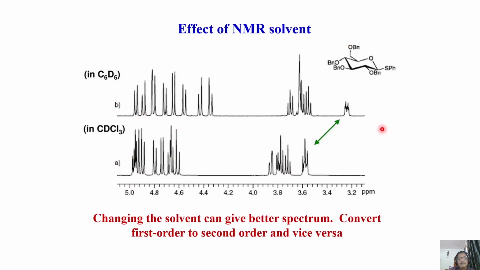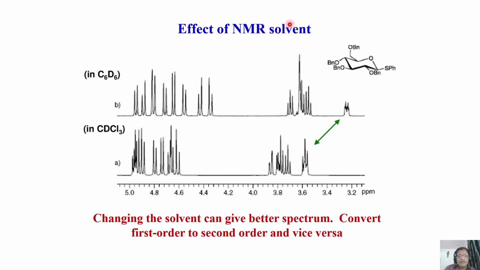The moment you change the solvent, there is a change in the chemical shifts. The spectrum gets better dispersed. Look at this region. Look at this region. Well, better dispersed. Similarly, look at this portion. This has completely moved nearly 0.4 ppm away to the high field. And such things will aid you in the analysis of the spectrum. It helps you in the analysis because the complexity gets reduced now. Understand the problem. Sometimes you don't do anything, simply change the solvent.